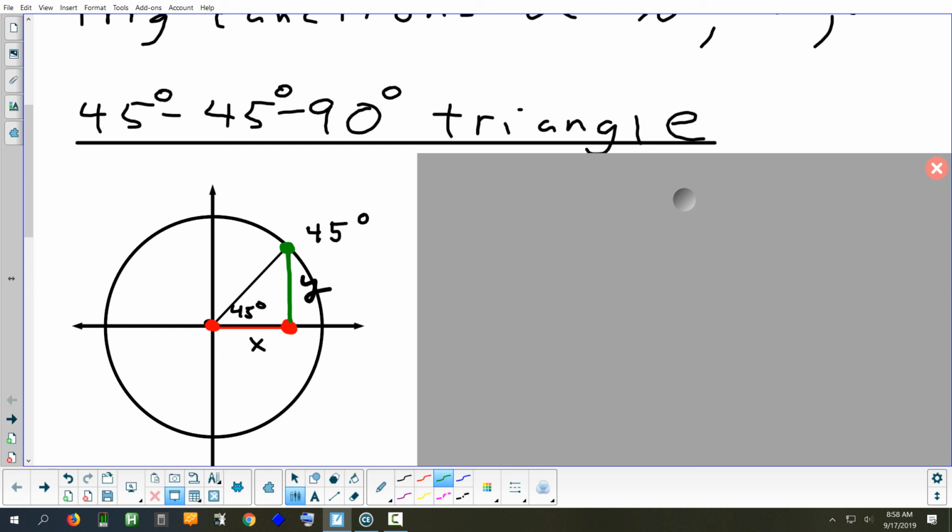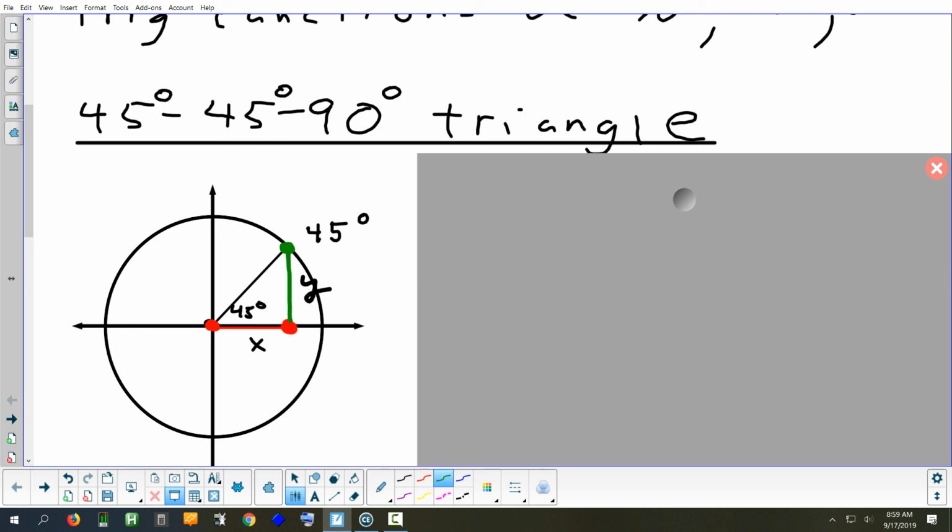So x and y represent the lengths of the sides of the triangle. All we have to do is figure out how long the bottom of the triangle is, that's how far right you go, and how tall the triangle is, that's how far up you go. And that's your coordinate. Now, we don't know what x and y are yet, but